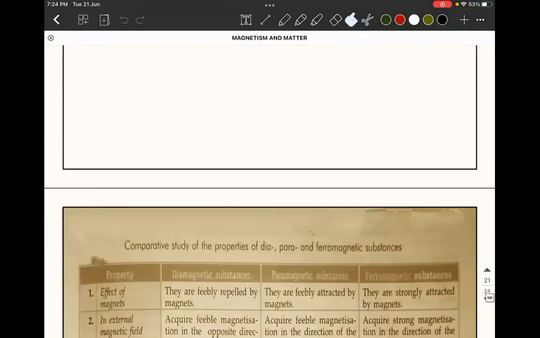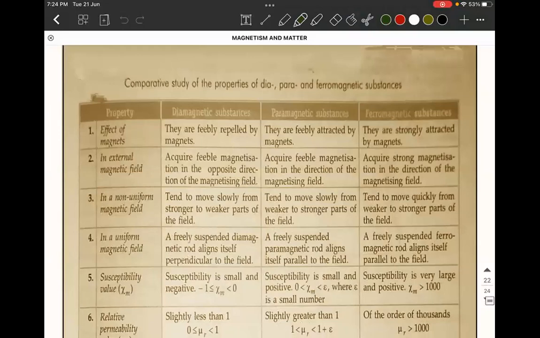So we'll see the comparative study of dia, para, and ferromagnetic substances. So first is the first property. First try to answer them, okay? So just now you saw an experiment. If you take a diamagnetic substance,